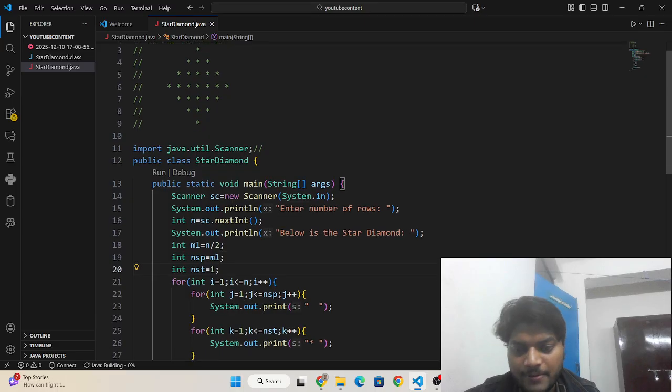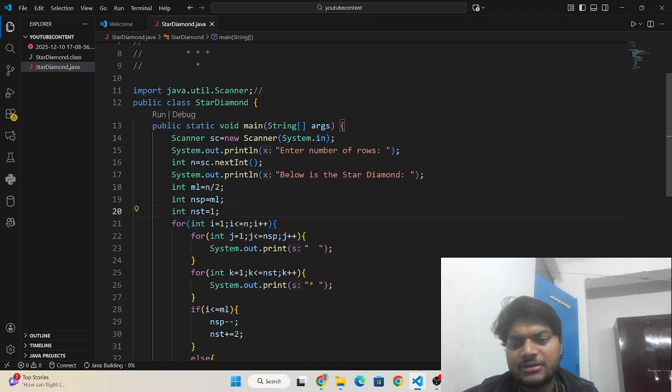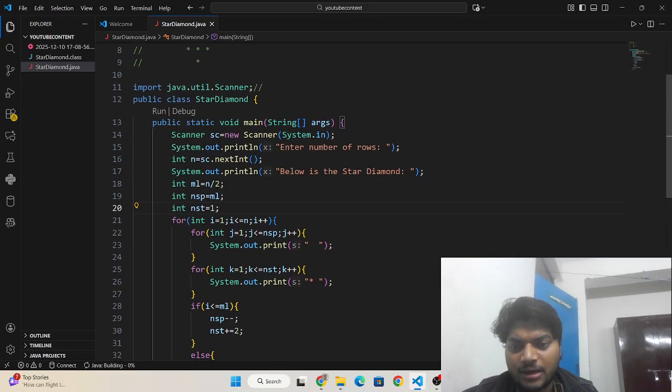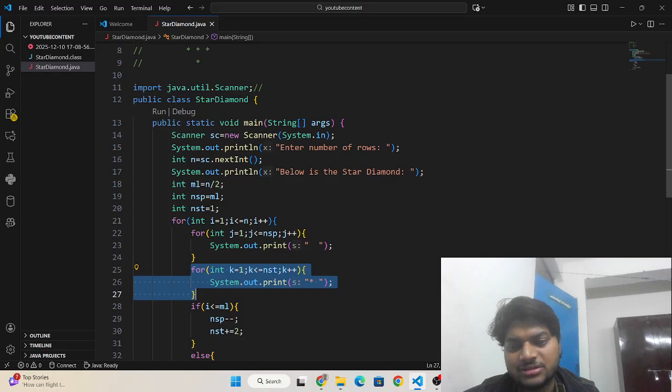I have used 3 for loops here. The first for loop prints the number of rows, the second for loop prints the number of spaces, and the third loop prints the number of stars.